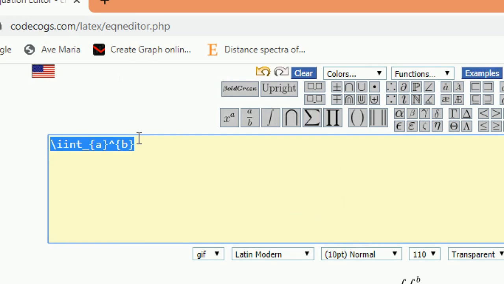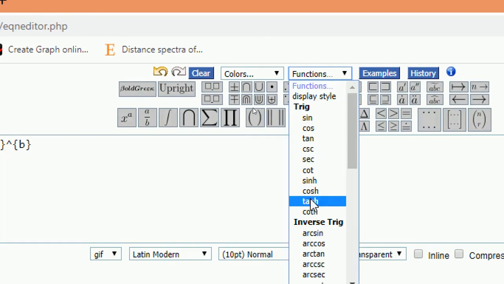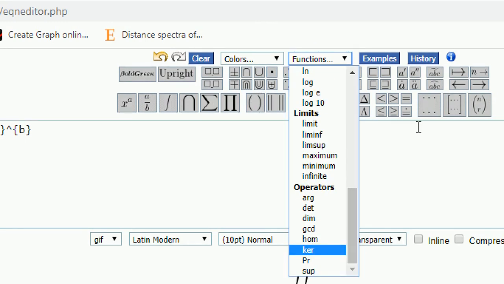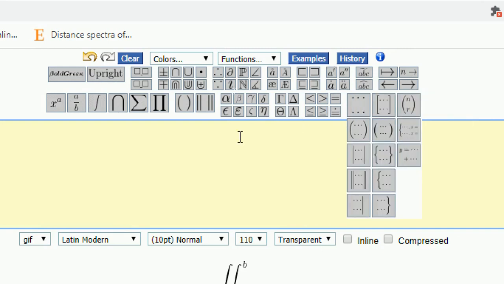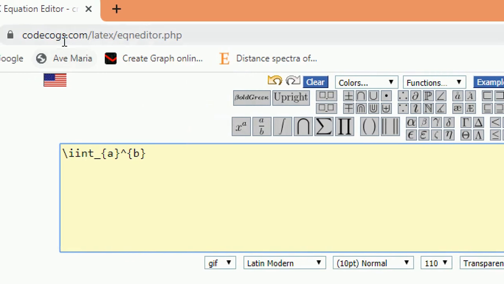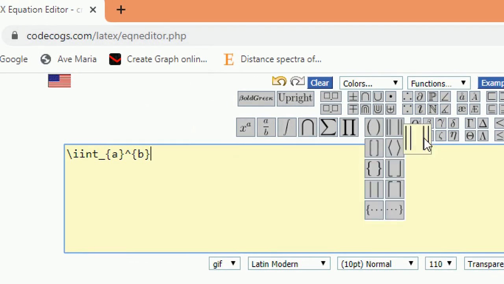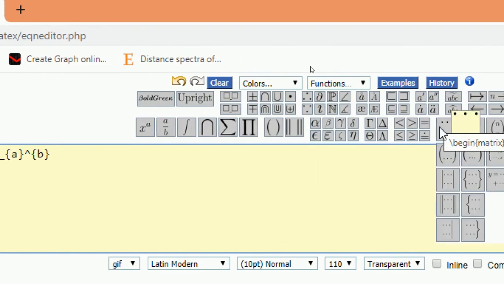So this is one way to get the output in an easier way. Here you could find functions related to trigonometry, inverse, whatever may be the required part. You can pick the respective one. It will be familiar already, since you practiced in MathType, so it will not be difficult. You can take down this website also, CodeCogs. This will be quite useful to insert math equations, math symbols, functions, whatever may be.